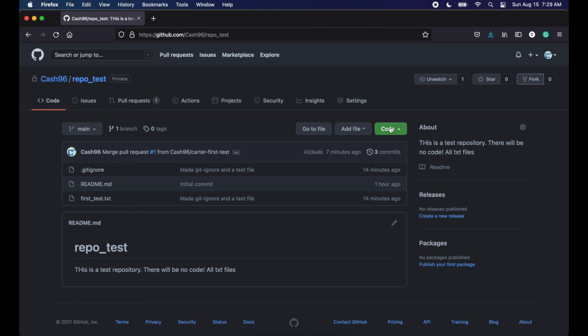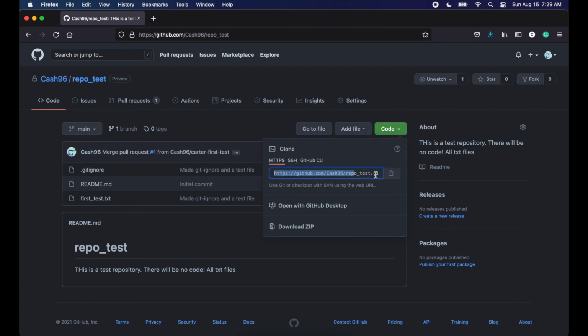But if I made another fork, I would get another URL link to the other repository. It would have this other username, and then the same repo_test. It wouldn't be CASH96 repo test. It would be